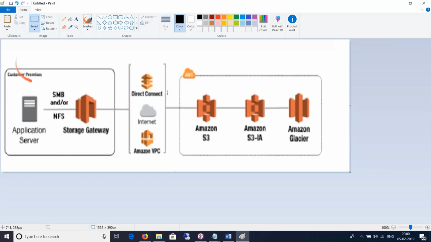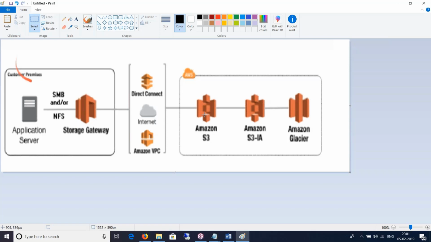And of course, you can archive into a different storage class. So you can write lifecycle policies on the S3 bucket and say that if the object is sitting in my S3 bucket for about 30 days untouched, then move it to a cheaper storage class, which is S3 Infrequent Access.